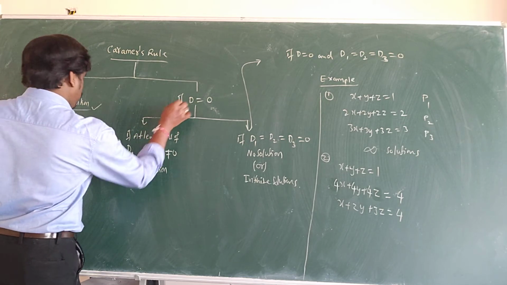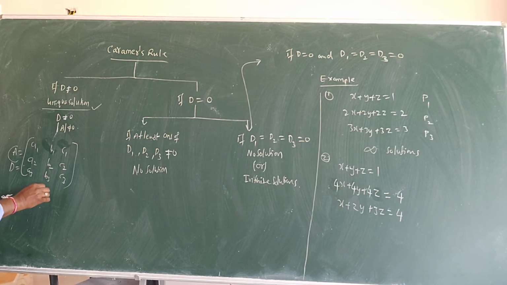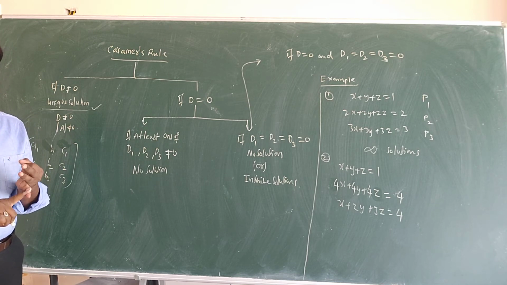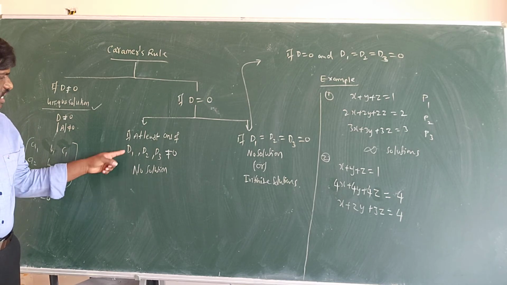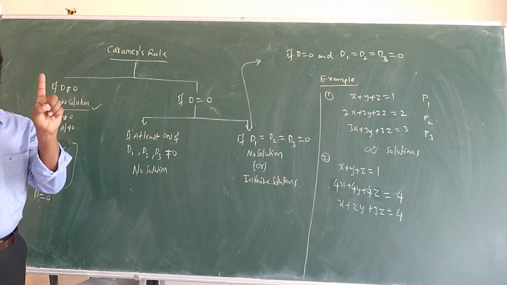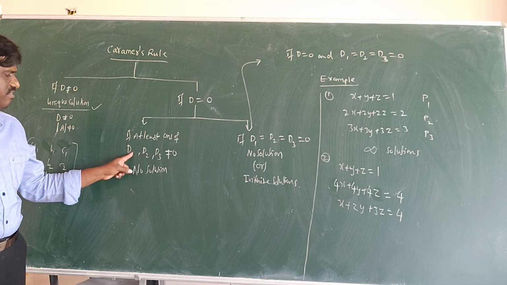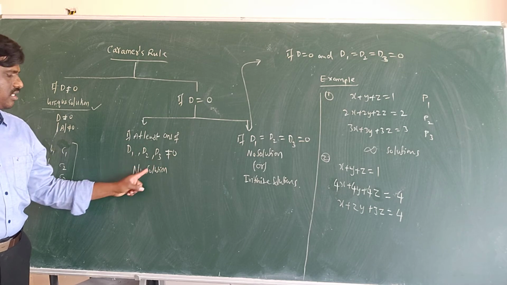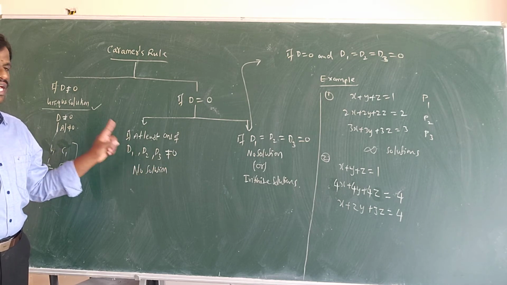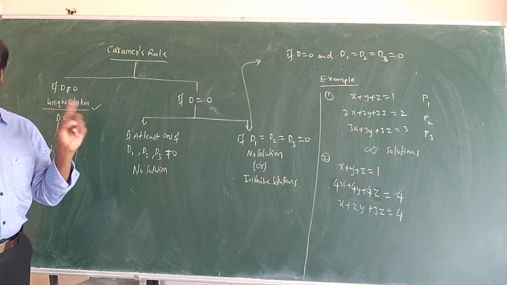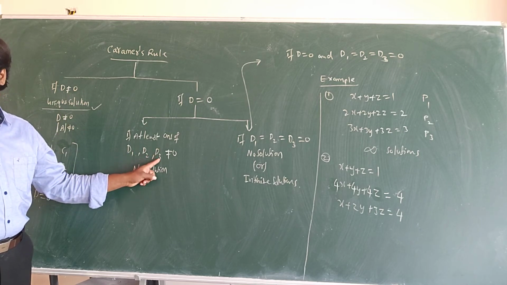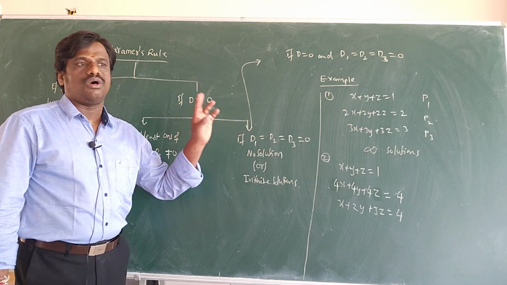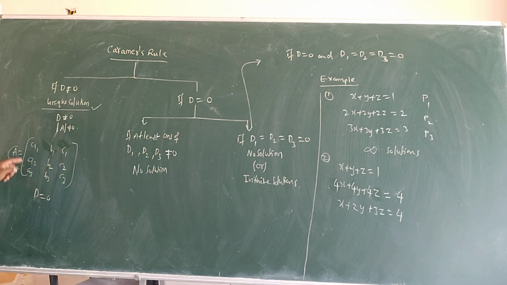But if this determinant is equal to 0, then you have to find D1, D2, D3. All three you have to find. Among these three, if at least one, either D1, D2 or D3, is not equal to 0, then there is no solution. But if D1, D2, D3 are all zeros, as well as D is 0,